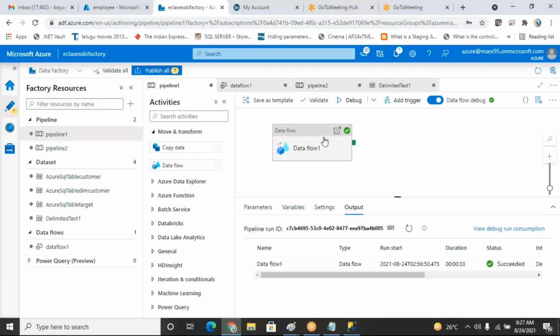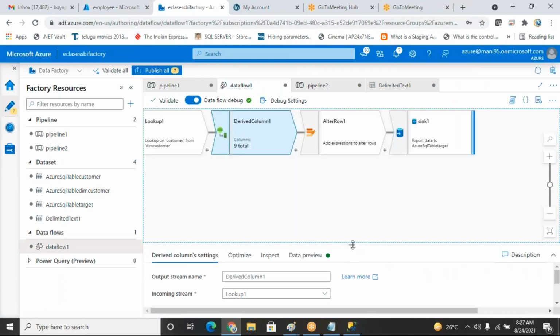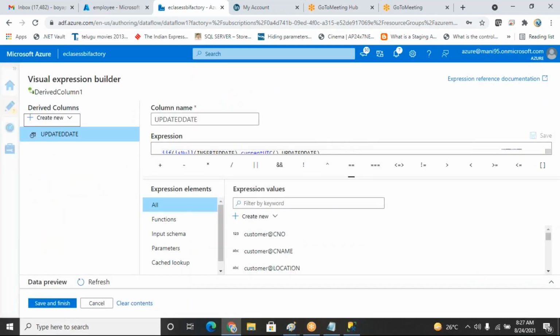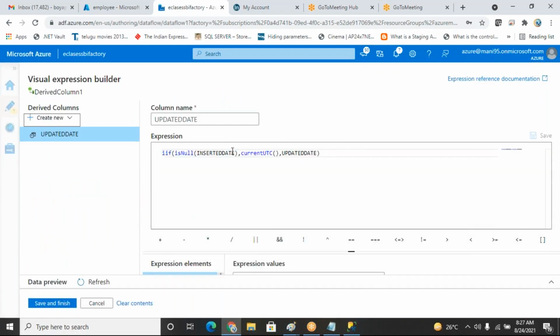Okay, the condition whatever we have written seems wrong. Go inside data flows, derived columns, open expression builder. What we are trying to see: inserted date is null, then, if it is null,